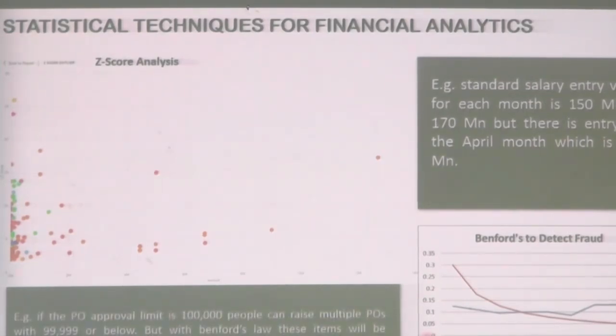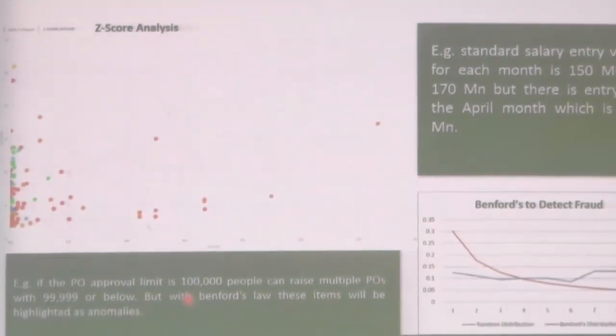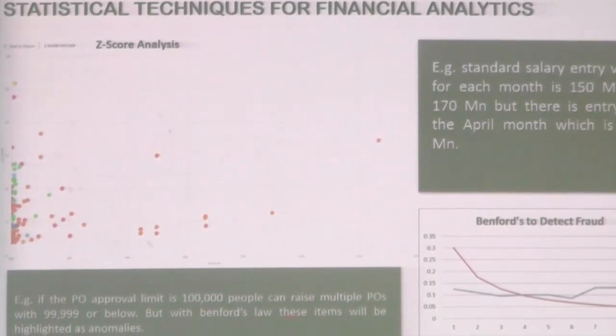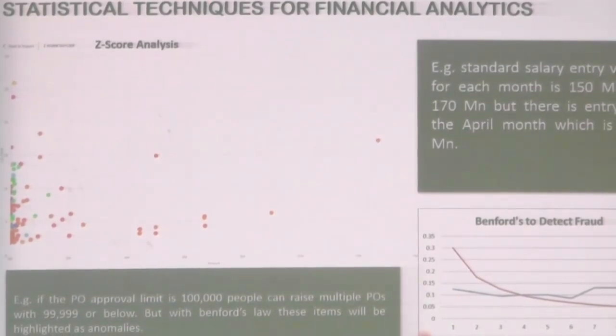Now, I will give you an example. In one company, they say purchase orders beyond 100,000 should go to the managing director for approval. Now, this managing director is a tough person. Knowing him, procurement people raise a purchase order just 1 rupee below, 99,999, so it will not go to the managing director. If you are using data analytics techniques, you can quickly identify these transactions, even through Benford, because they start with 9. So, likewise, there are a lot of developments.